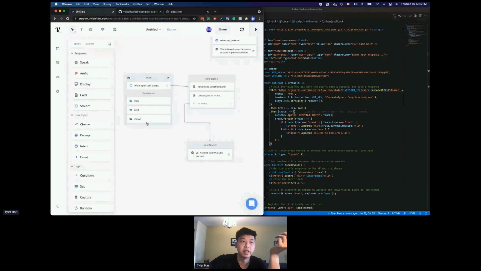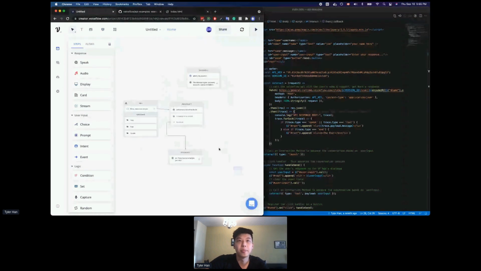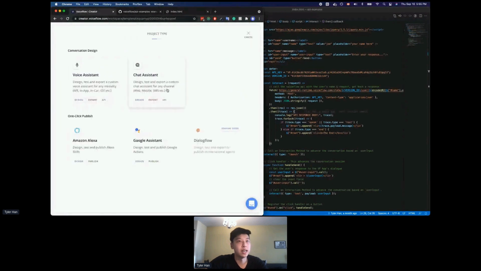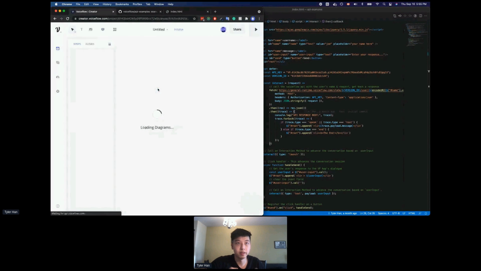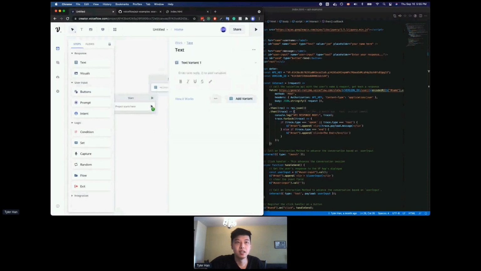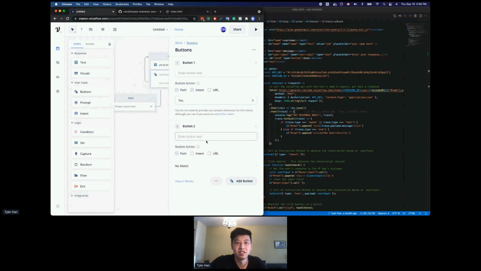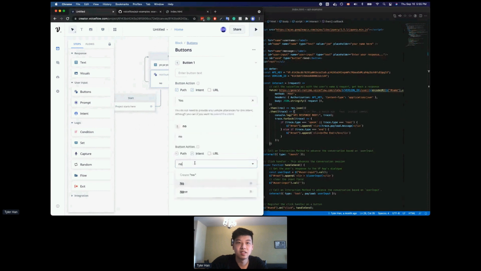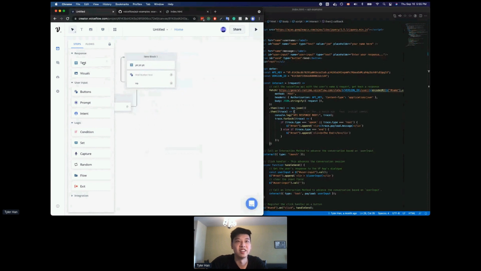So just to show how you can extend this API even more, let me create a new project actually. If you don't want to speak, a chat assistant makes more sense. It lets you output pretty text. So let me try this again. I don't know. Here they could say yes, or they could say no. And this is not a very good skill, but